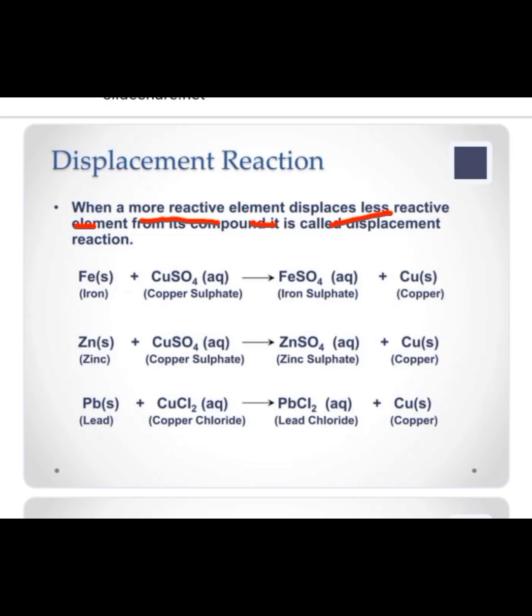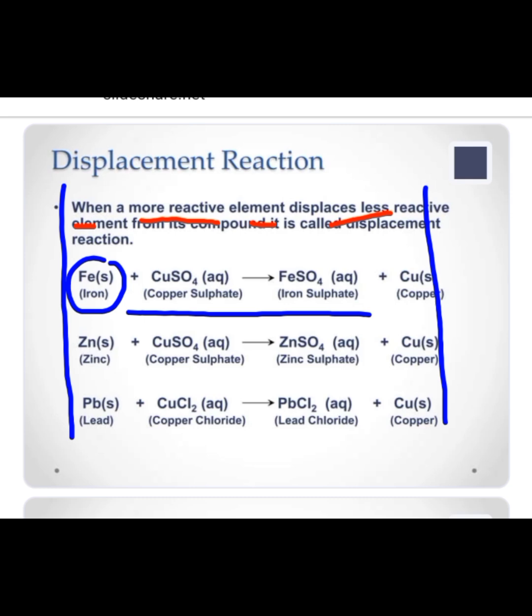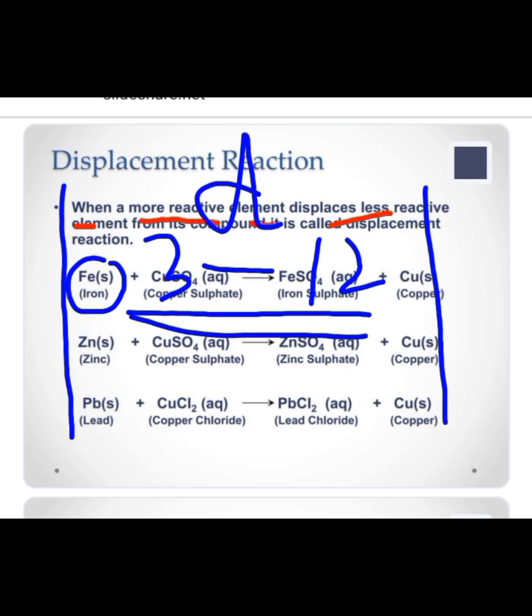Let us have an example. First of all, we have iron. It is a metal. It is a transition metal. Transition in the sense the metals which are present in between the metals and non-metals. Metals are on the left hand side of the periodic table and non-metals are on the right hand side of the periodic table. And in between these there are the elements which are considered as transition elements from group 3 to 12. It comes under D block elements.